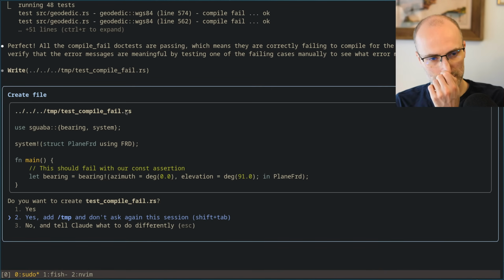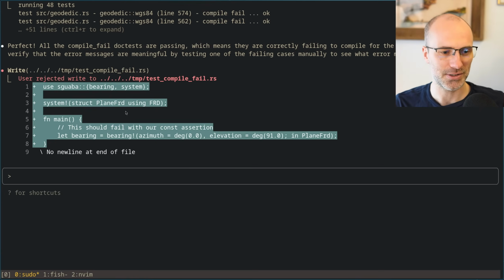I don't think that'll work. Why is it trying to create this in /tmp?